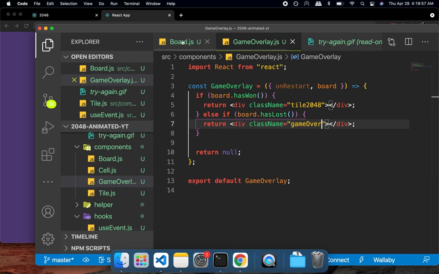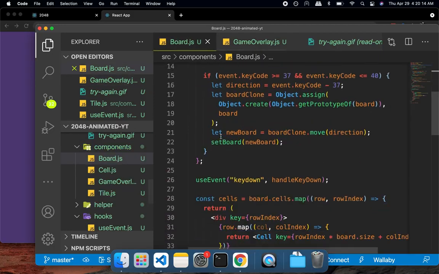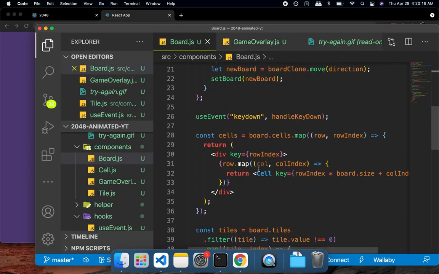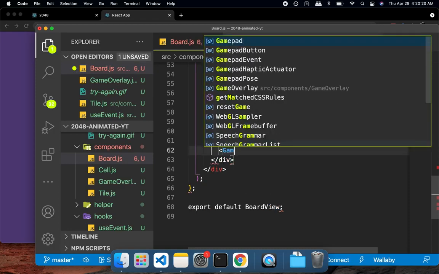First of all, let's just simply display, I don't care, I'll just display this div. Okay, so inside of the board, where do we need to place it? We simply can place it here, GameOverlay,